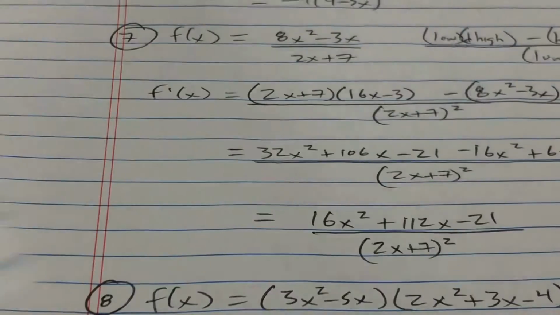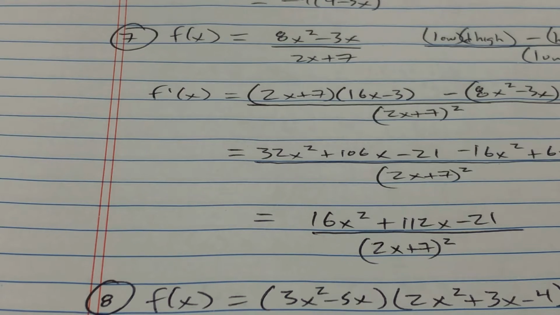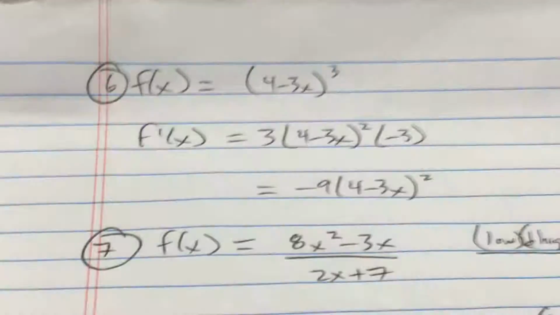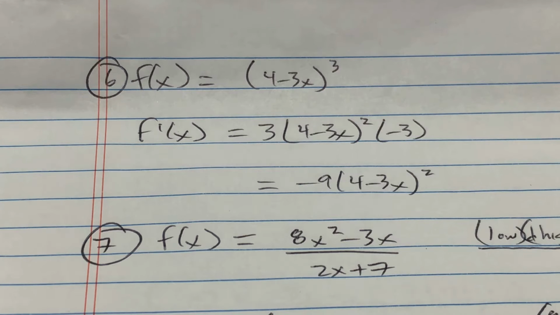All right, let's go to number 6. Number 6, chain rule time. If you have u to the third,